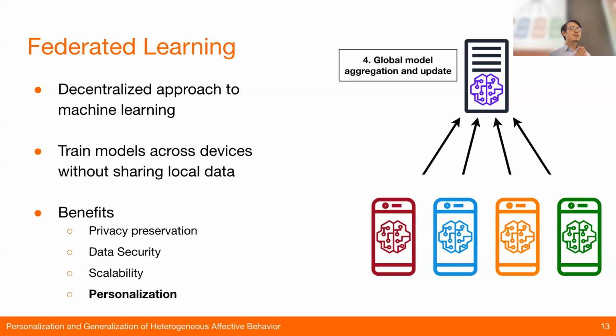At the end of each communication round, they also send the finally updated model to each of the clients as well. So here we can see two special things: privacy preservation and data security. This was one of the main reasons why federated learning was started in the beginning, for the first point as well. Federated learning in itself primarily focuses on having a better server model,